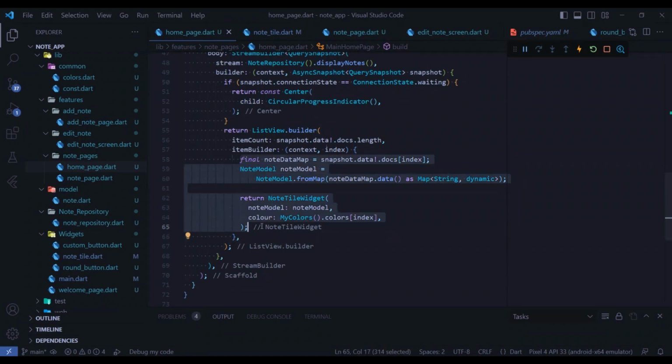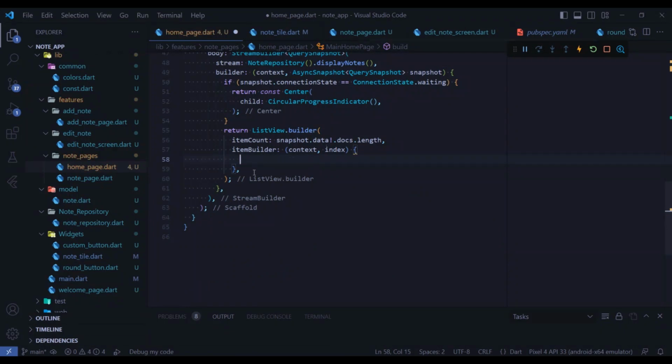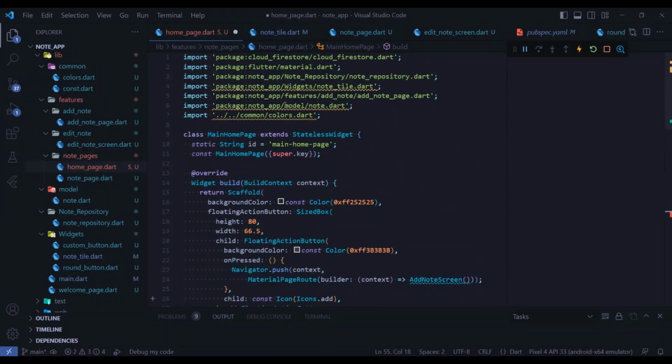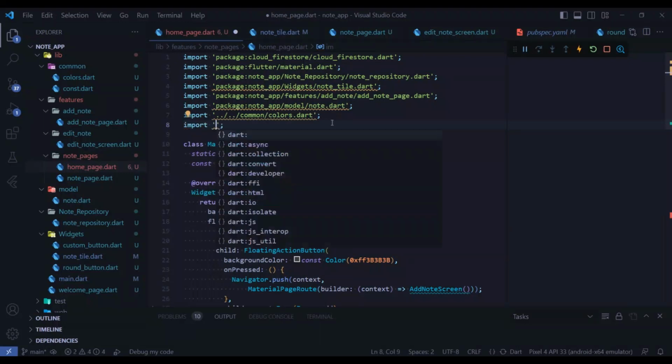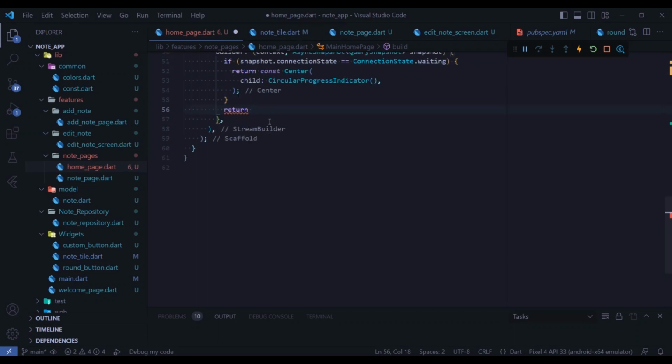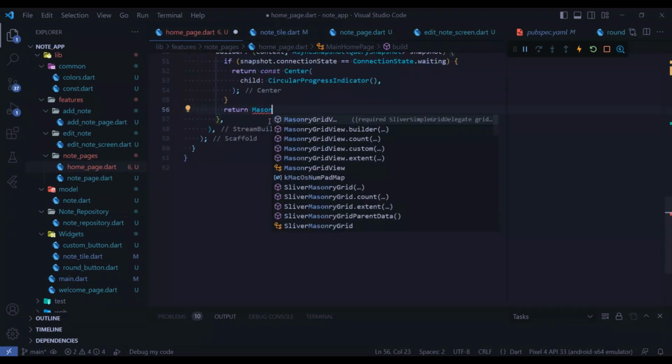So I will cut this part that I'm going to need later on and delete the rest, and instead I can just go ahead and import the package staggered grid view, and now I can use a class called